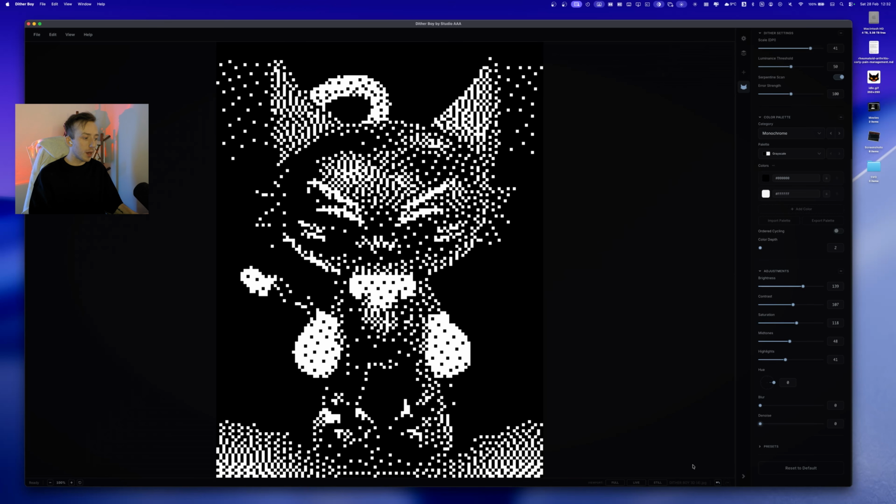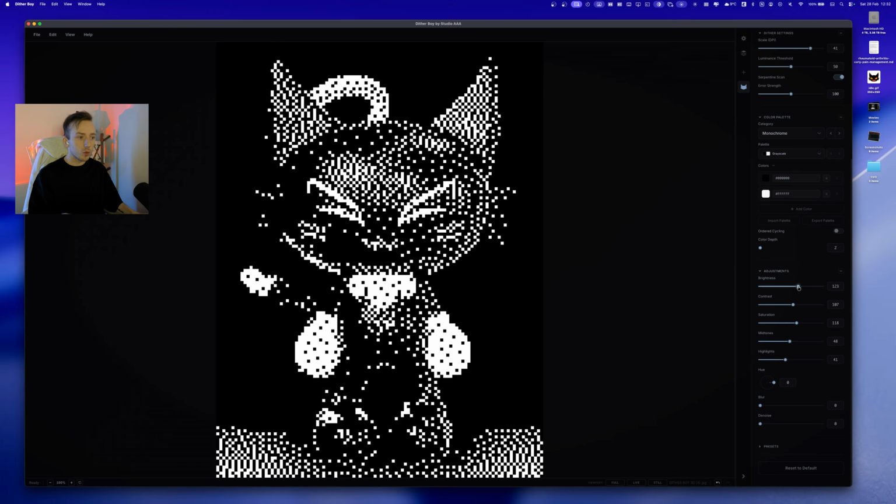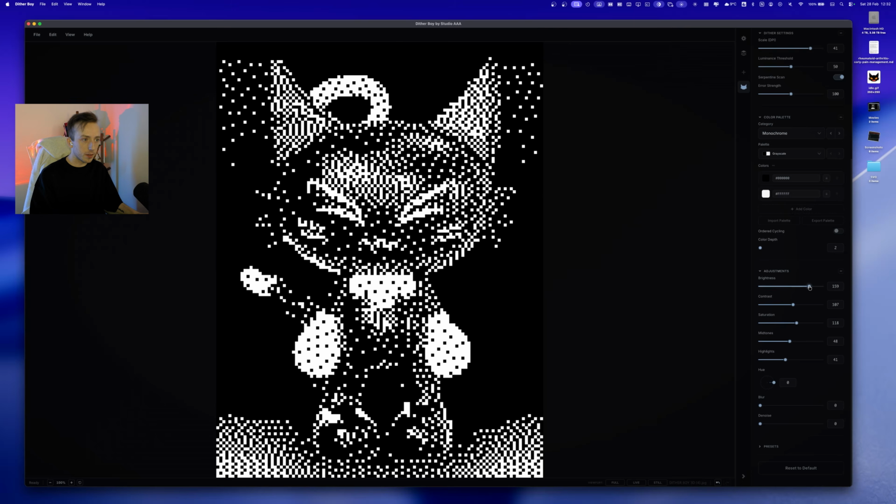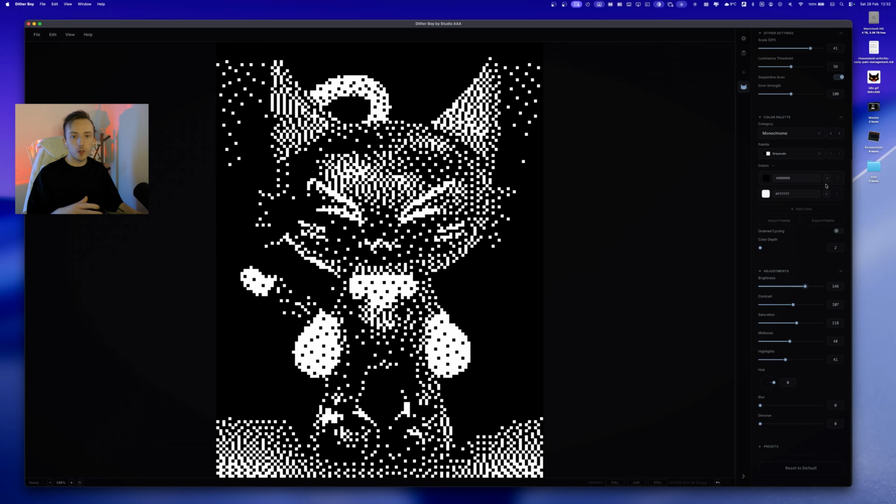Now, I understand that some of you might be running Dither Boy on an older computer. So if you look here at the bottom of the viewport now, we've got these options like zoom at the bottom left, and then we've got these three buttons that say full, live, and still. If you are struggling with this new speed of the sliders, if you've got a lot of software running, if you're just doing Dither Boy as one part of your workflow, you've got After Effects open or some other stuff open on your computer, then you can switch from live